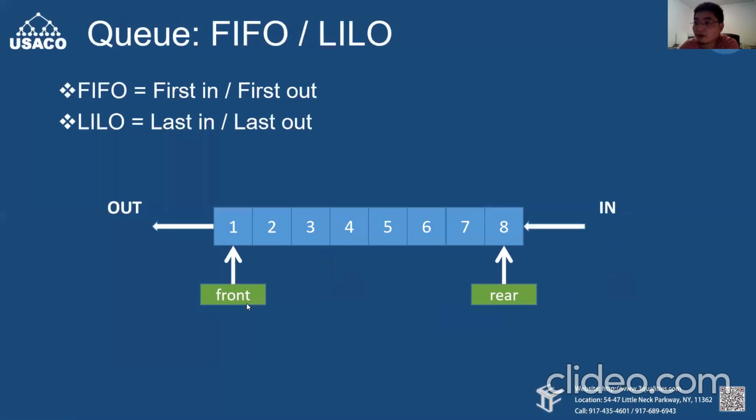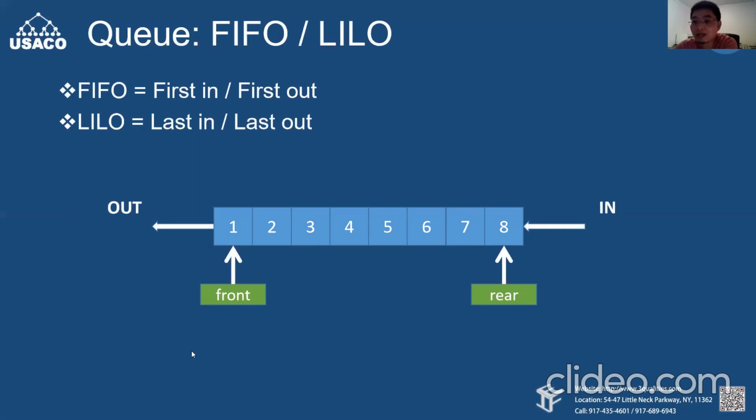Okay, so keep it in mind. No matter what programming language it is, when we're talking about data structures, it's all the same across different languages. When we say stack, remember, first in, last out. When we say queue, remember, first in, first out.